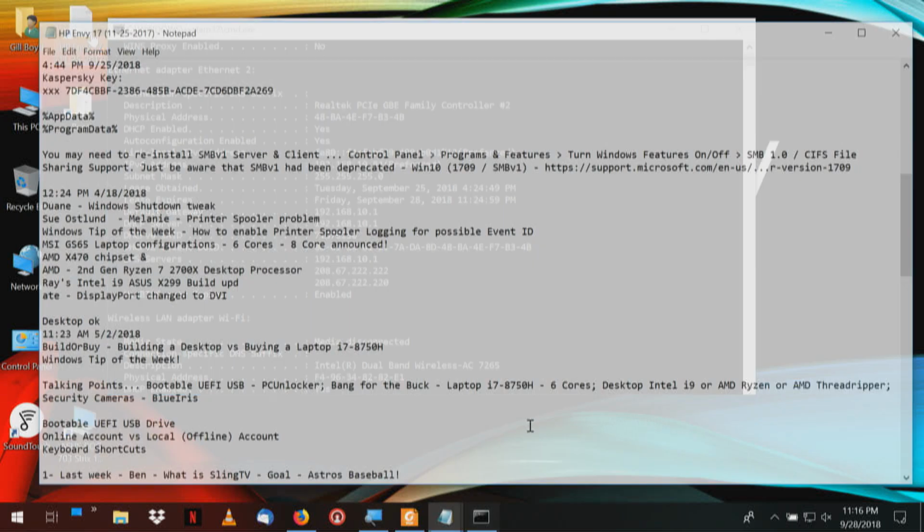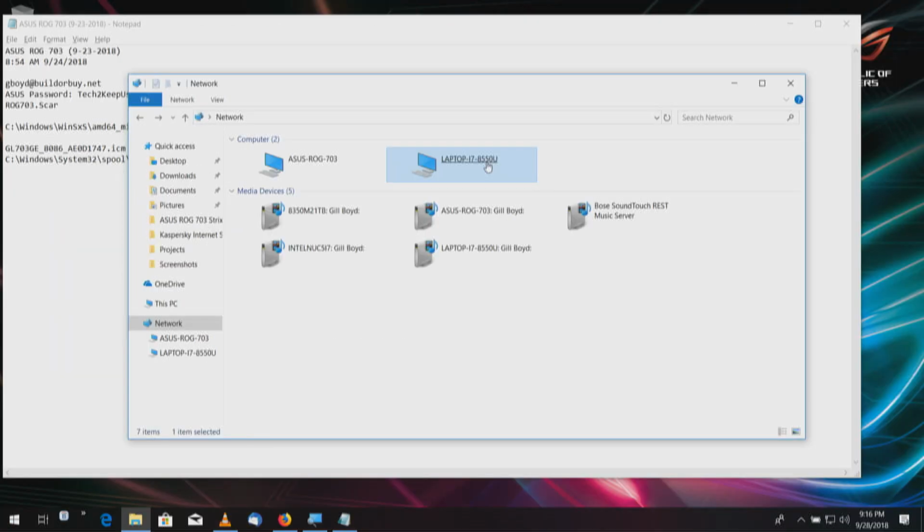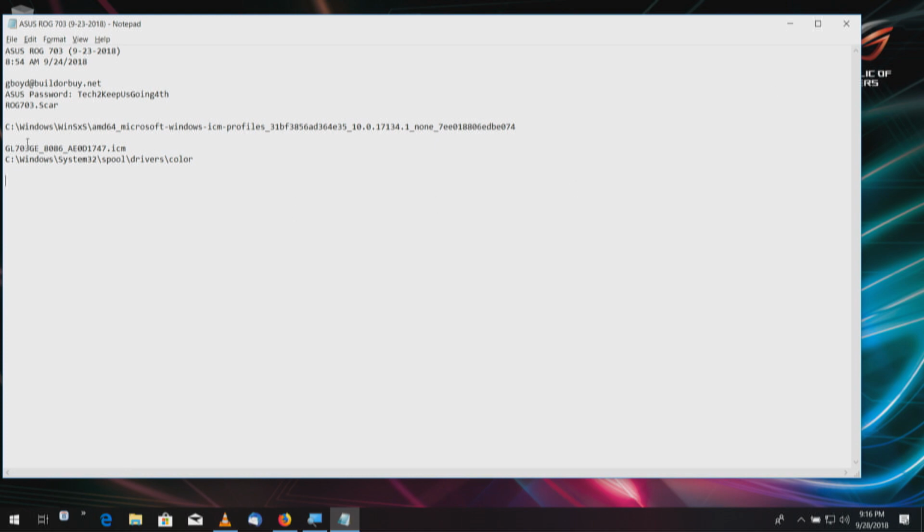I'll bring up my document, go to the bottom, and now the IP address, that's the IP address I need. So what I'm going to do is take that and type that in. So let's go back over here, and I want to create a shortcut now to get into that computer. So I know the IP address, so I'm going to type it in over here,